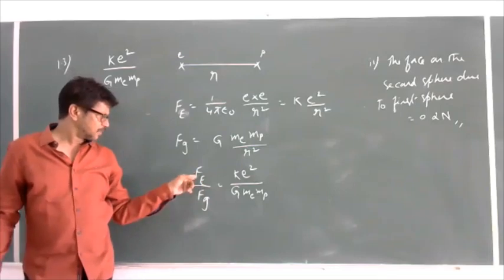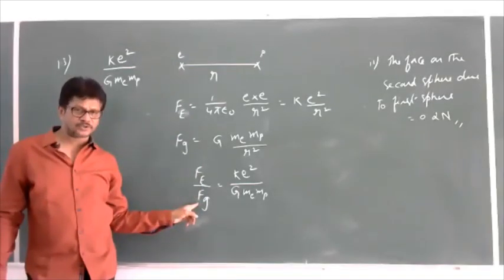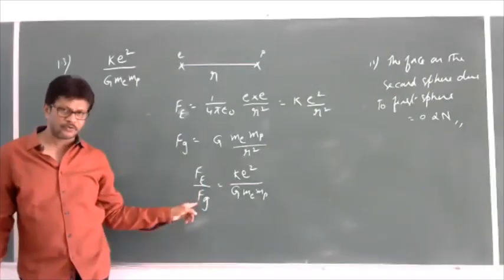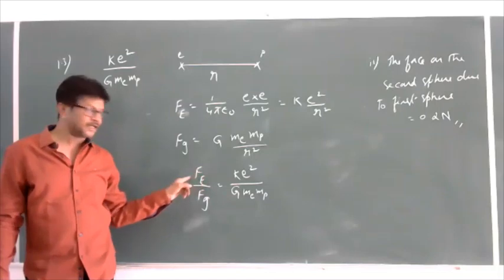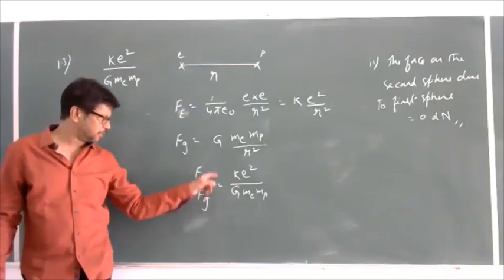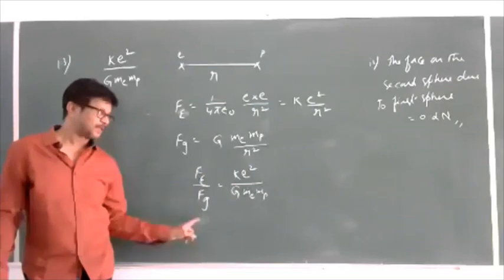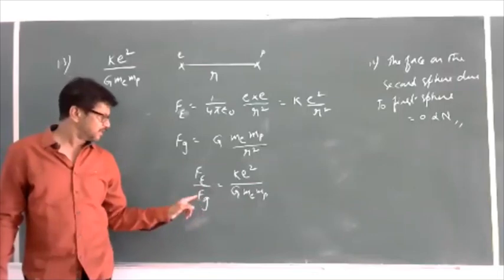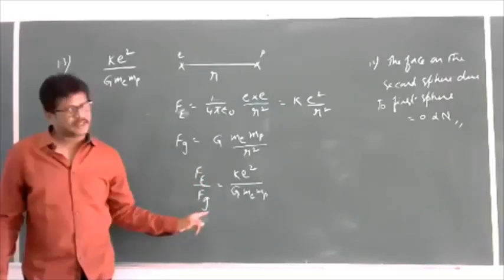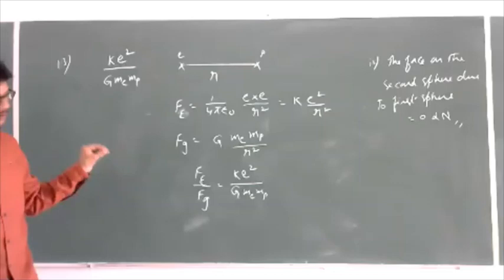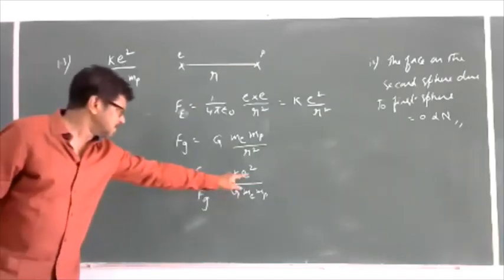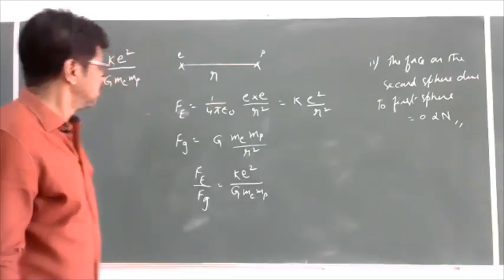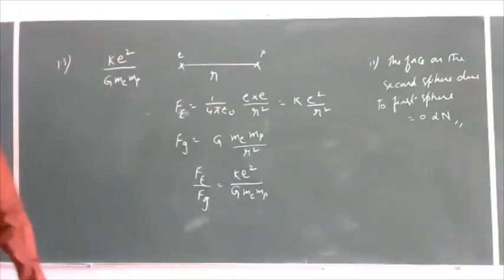So now here is force and here is force. Here the unit of the force is Newton, and here also the unit of the force is Newton. Newton and Newton get cancelled, so this ratio is unitless. Since it is unitless, it is also dimensionless. Like that we can conclude that K e square by G me mp is dimensionless. That is one method. One more method is